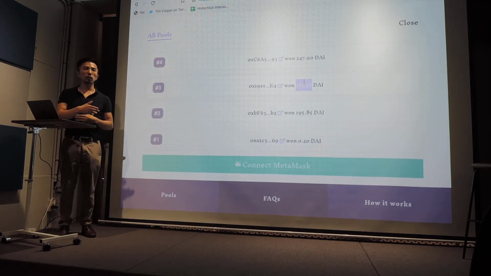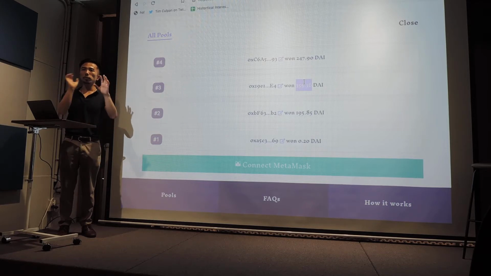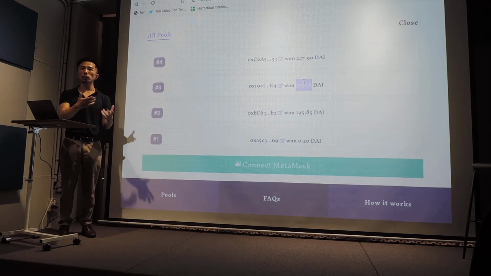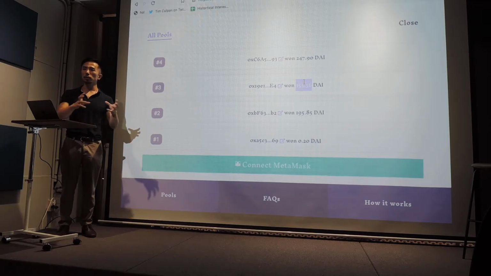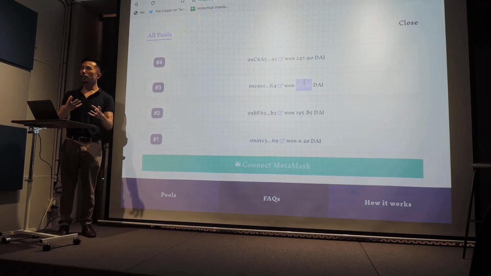Basically, a pool would be running for 2 weeks. A bunch of people put their money in, and then at the end of the 2 weeks, you either win the prize or you get your money back. So there's no way you can lose this lottery. And the way it works is because it uses Compound on the back end. They pool all the money, and then they gain the interest on that, and then that interest becomes the prize.